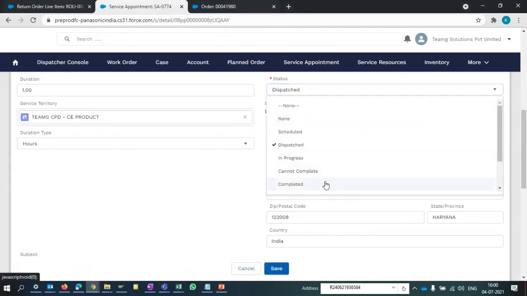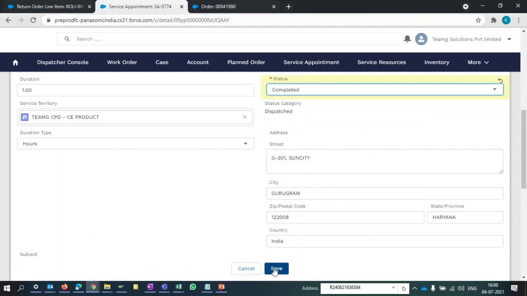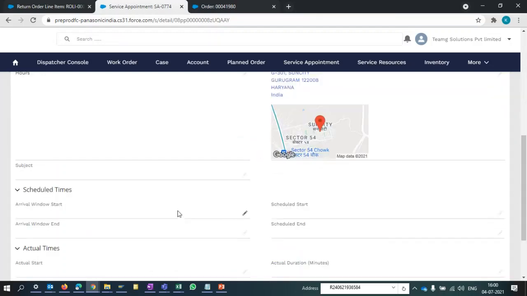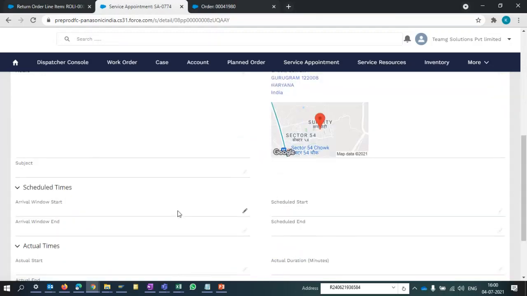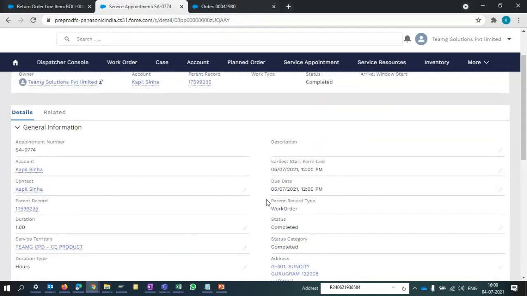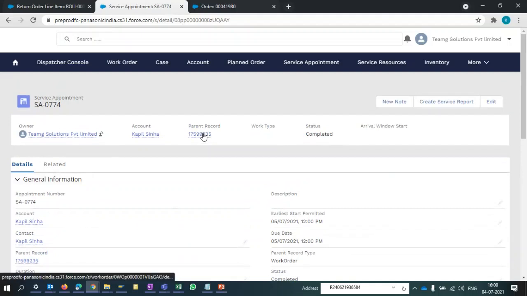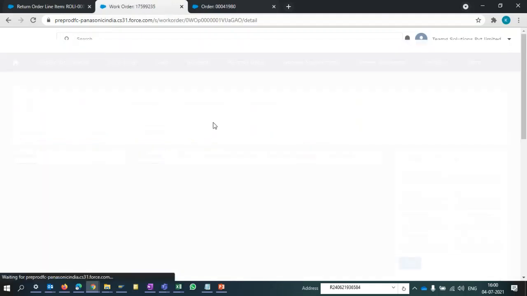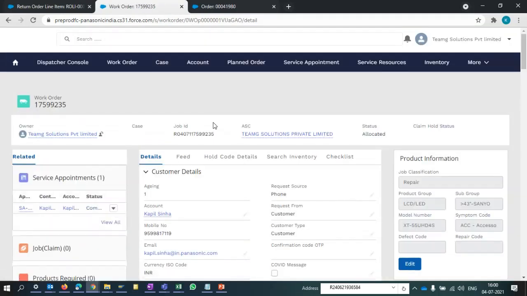After the work at the customer's home is done, the technician will mark the job status as complete. Okay, so this is completed. Now click on the work order number. So now the job is in allocated status.